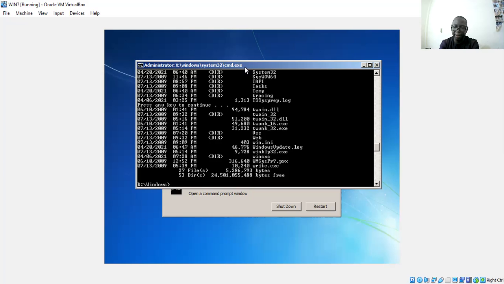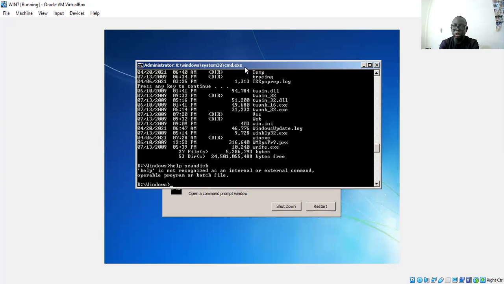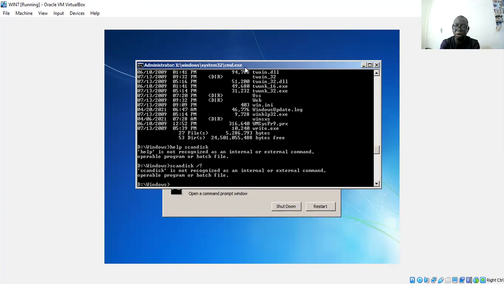Now let me see whether my help can pick. Now if you help, okay. It's not able to do that. It's not able to call that help here. Let me see whether customer can call it. Okay, it's not able to call it. Something might be wrong. So what you just need to do is to run scan disk /r, and